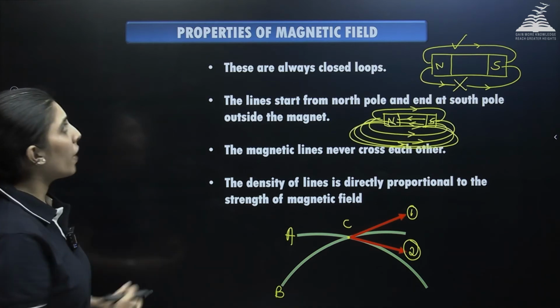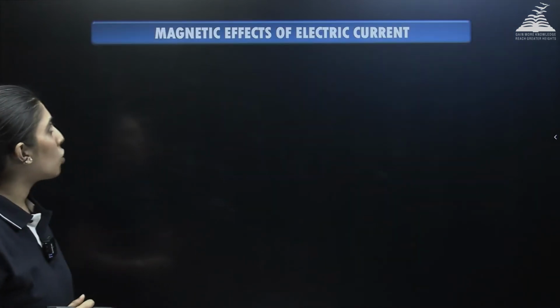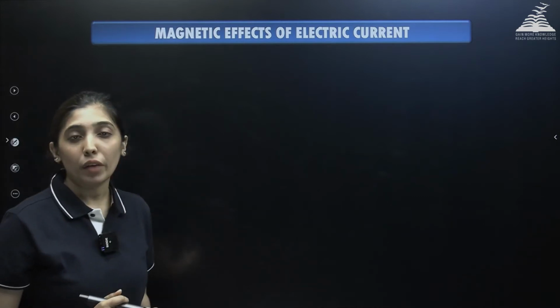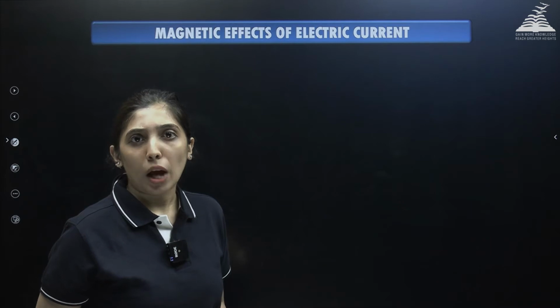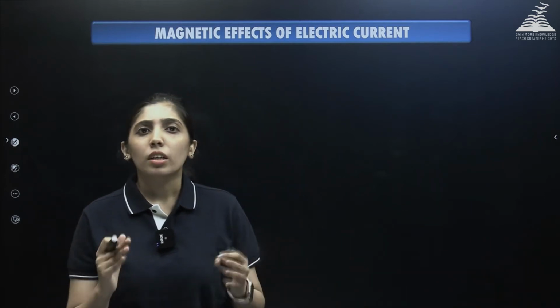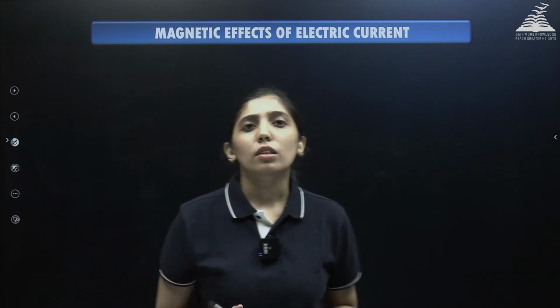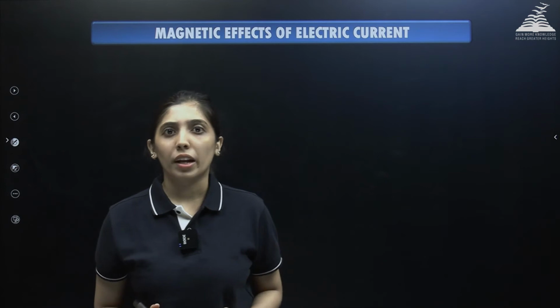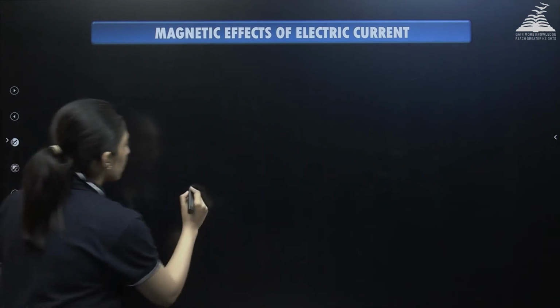Now that we understood the properties of magnetic field, let's move on to our next topic, that is magnetic effects of electric current. This is one of the most important topics in this chapter. Let's see what it is. To put it in a simpler way, the current carrying conductor produces a magnetic field, and this is called the magnetic effects of electric current. To explain it more clearly, let me consider a conductor